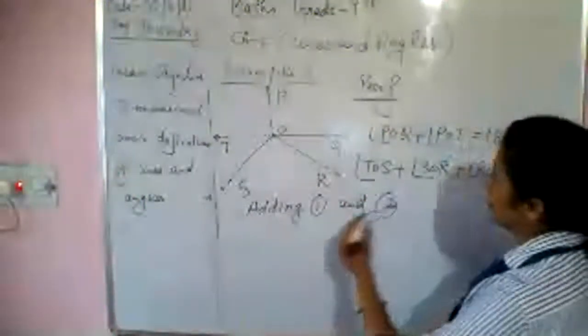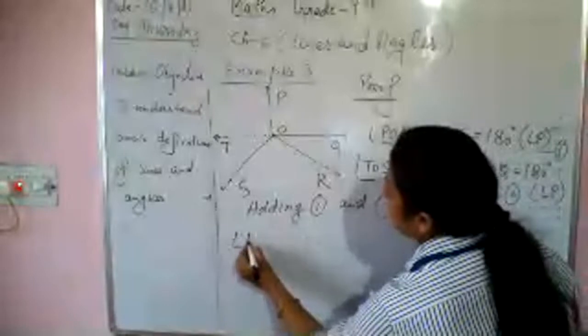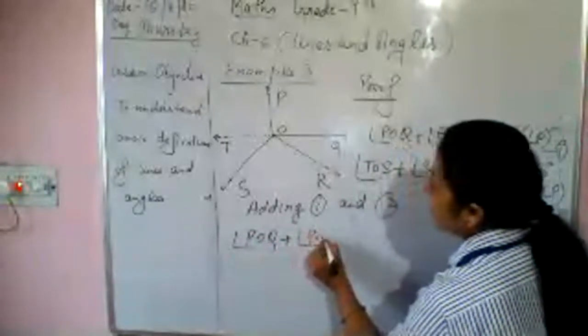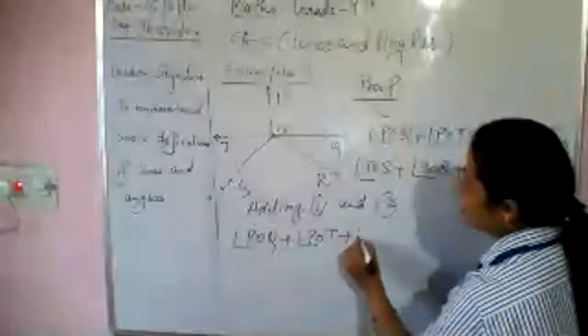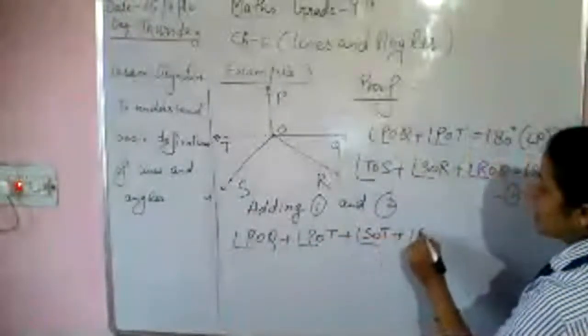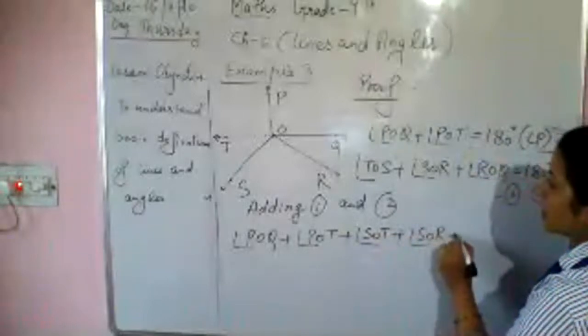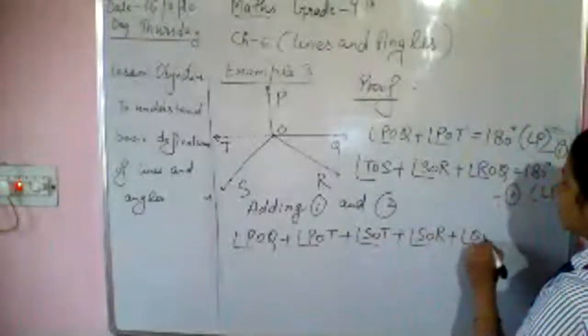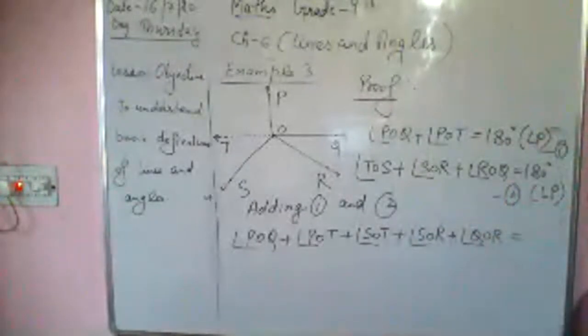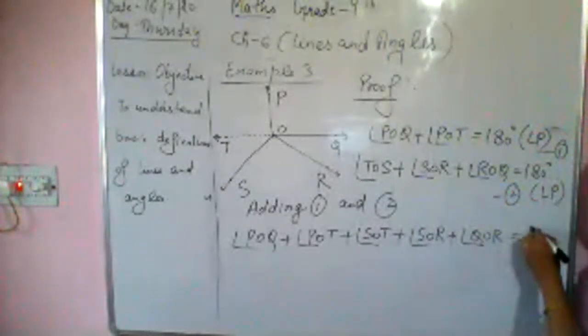When you are adding these two equations, you will get POQ plus POT plus SOT plus SOR plus QOR is equal to 180 plus 180, that is equal to